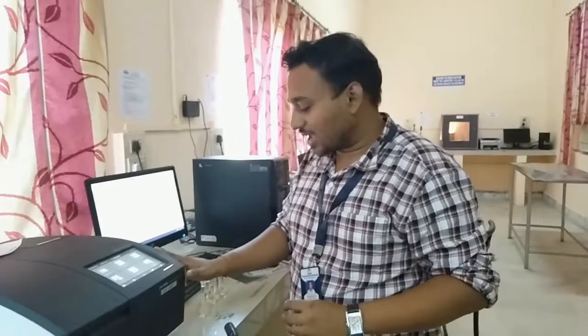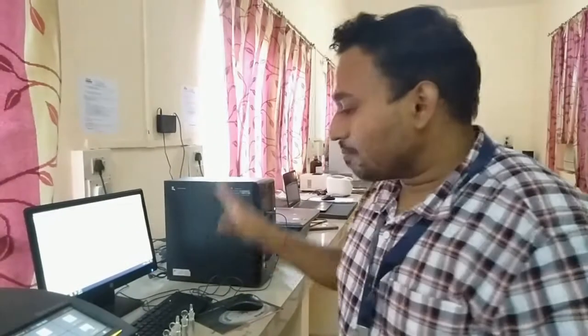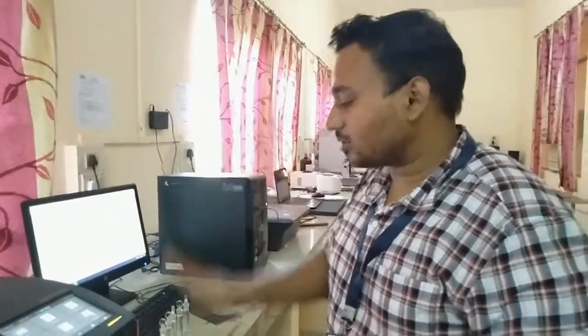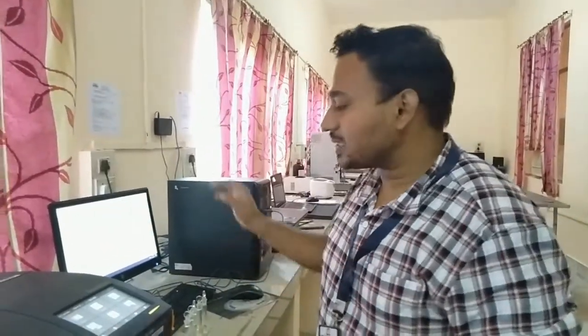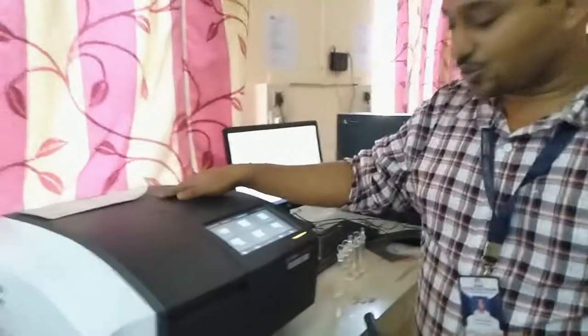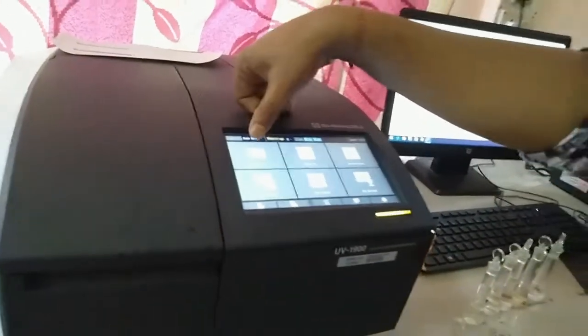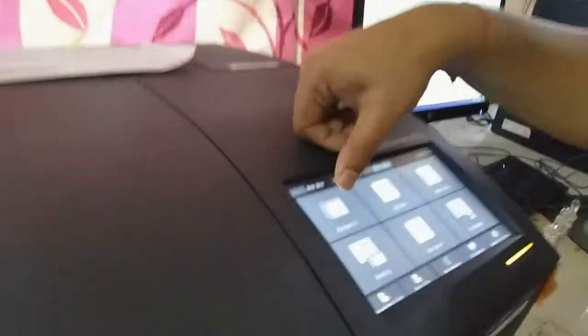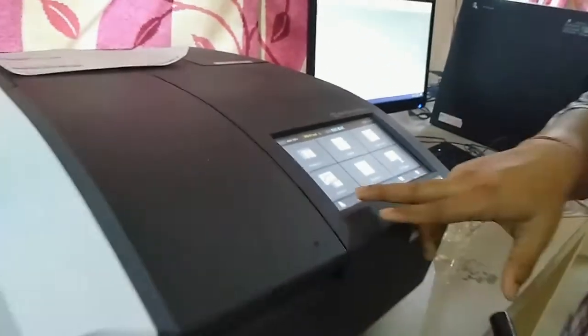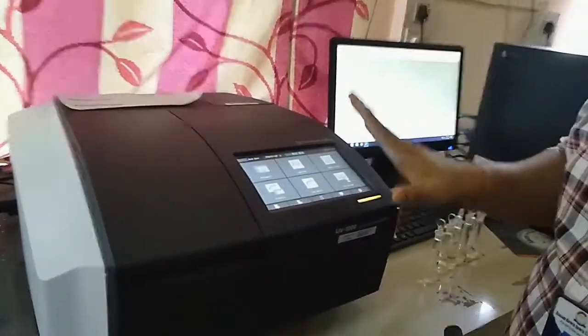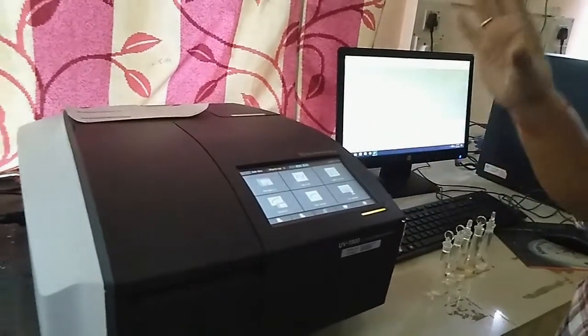Now I am just going to demonstrate the UV visible spectrophotometer. That is the main part of the practical work. You have to calculate the absorbance here only. This is the Shimadzu UV visible spectrophotometer. You have already seen the display of this spectrophotometer. Different portions are there: you can calculate photometric, spectrum, quantization, kinetics, everything is here. You just go for the calculation you want.